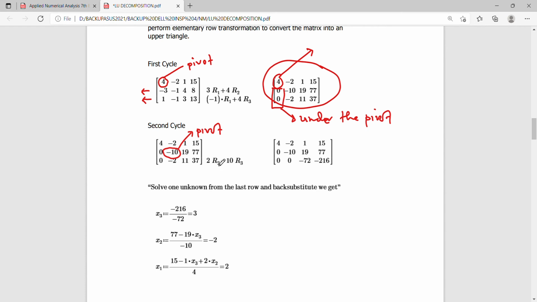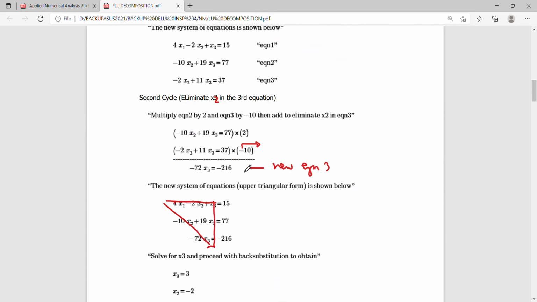Okay, so those are the terms you need to be familiar with to easily discuss things when you go to programming. Okay, so what we did here, 2R2 minus 10R3, is exactly the same procedure we did here